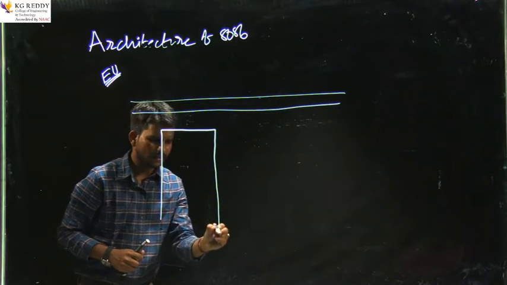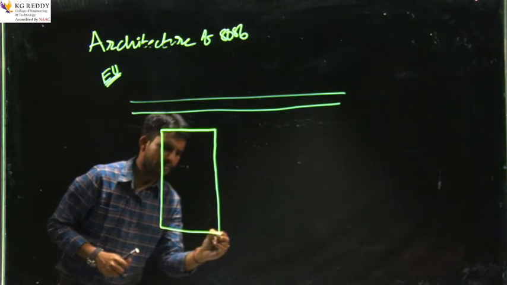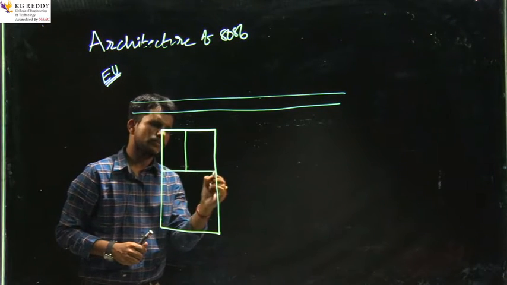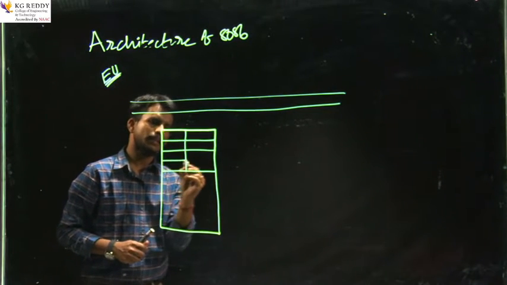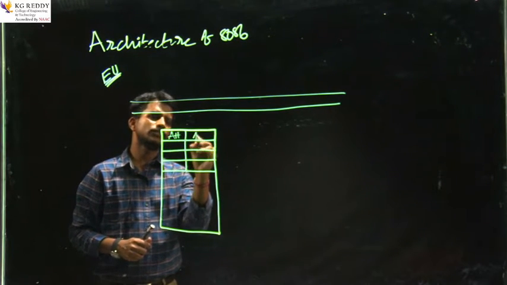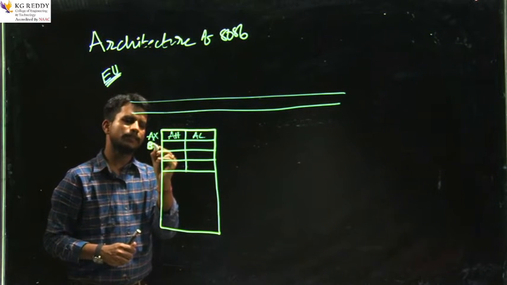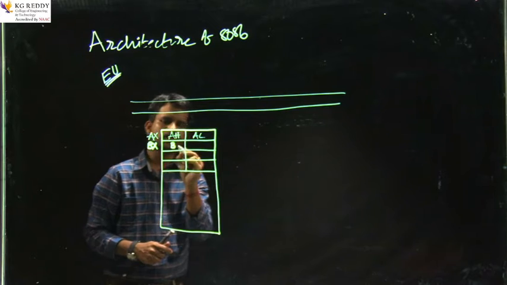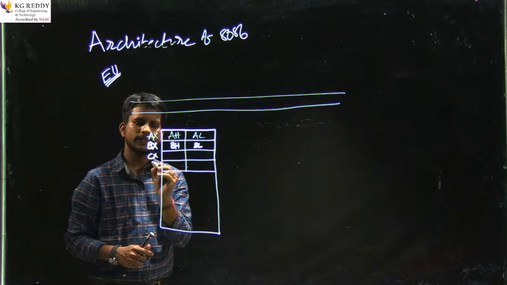There are a total of 16 registers. Out of them, we have already seen 5 registers, and here there are 4 general purpose registers, also called general data registers. Even though they are 16-bit, we can further divide them into 8-bit registers. The first is AX, a 16-bit register, and the second is BX, and these 16-bit registers can be divided into two 8-bit registers called BH, BL, and earlier AL, AH, and CX, DX.